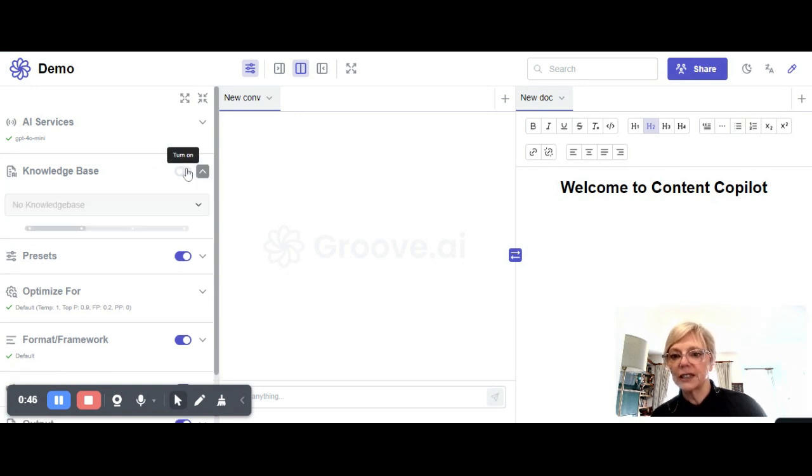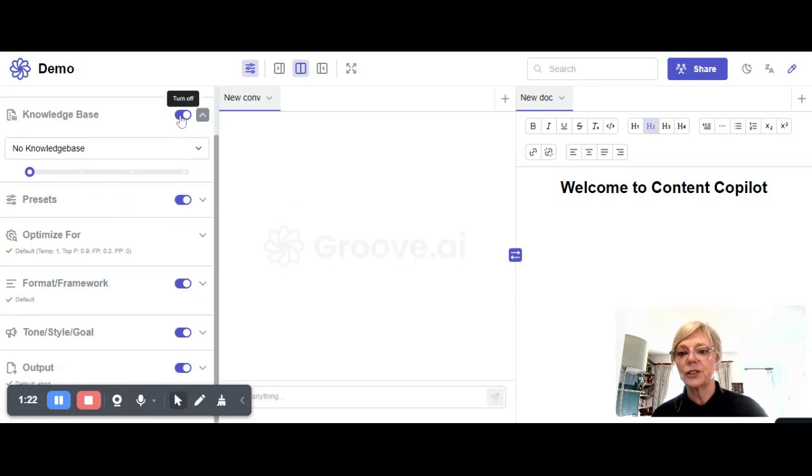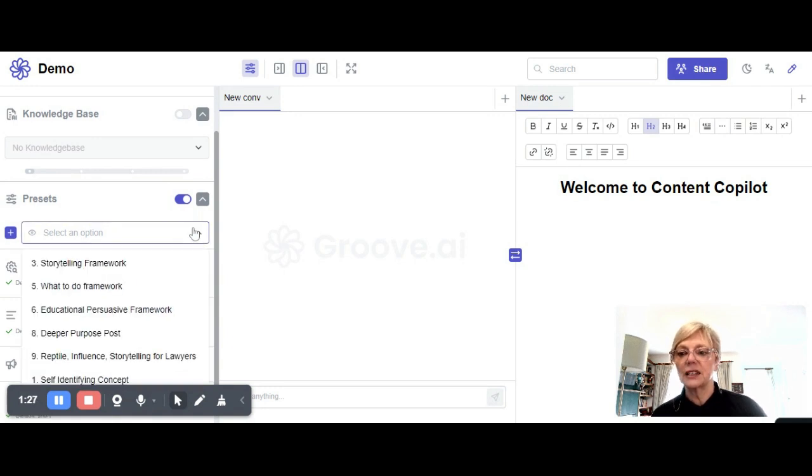So first up, we can turn on a knowledge base. We can actually upload data into this knowledge base that you wish to draw from. If you don't have any data in the knowledge base, or you turn it off, then it will simply use the web as its knowledge base. If you turn it on, then it'll just access from that knowledge base. Or it can do both. You can set what level it will access from the knowledge base. So it can access 100% of the information that it produces for you from the knowledge base, or you can cut it down to just 25% of that knowledge base. If we turn that off and access from the web, this is some of the magic